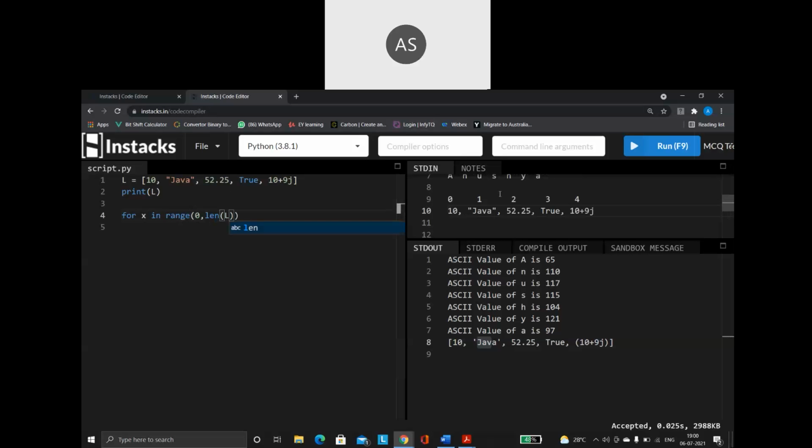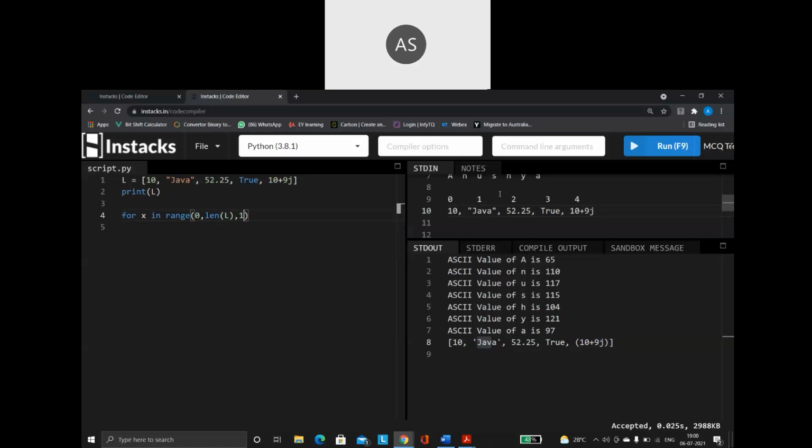I already told you the len function is a common function. I can use it on my list, on my string, on my tuples, my dictionaries, my sets. So any collection, I can make use of the len function. So here I am saying len of L. Okay, then comma. Step value is going to be 1.